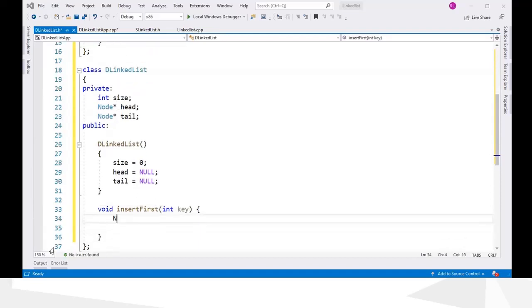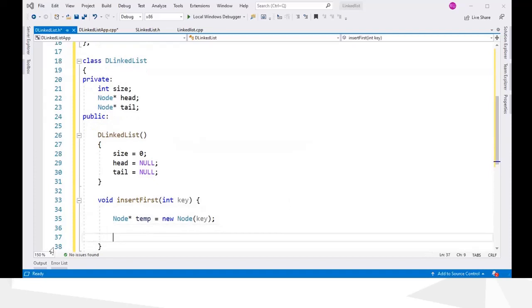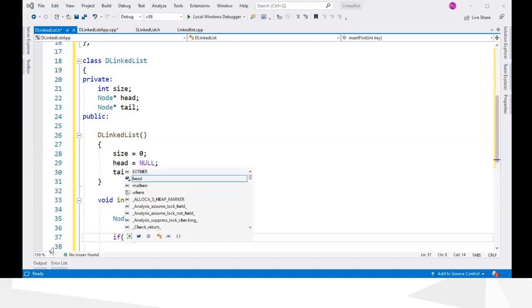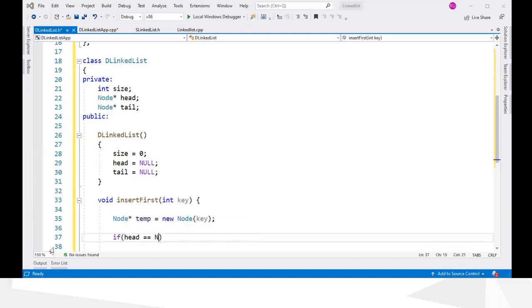So first we want to create a temporary node and pass the key, and then we want to check. So how do you check? We have to check whether the list is empty or not. To check, use an if condition, head equals null.